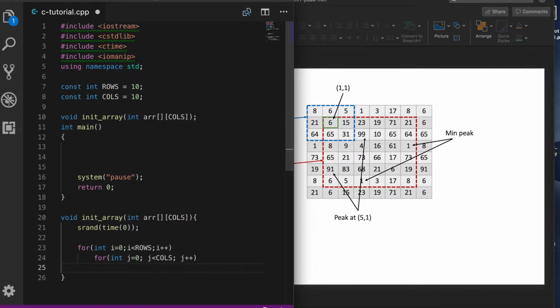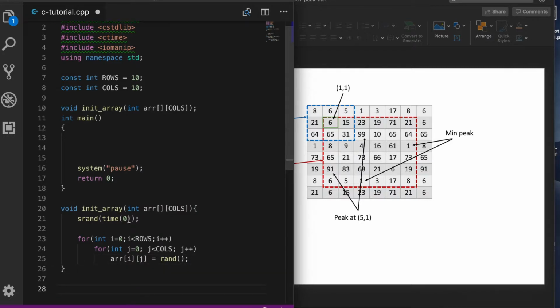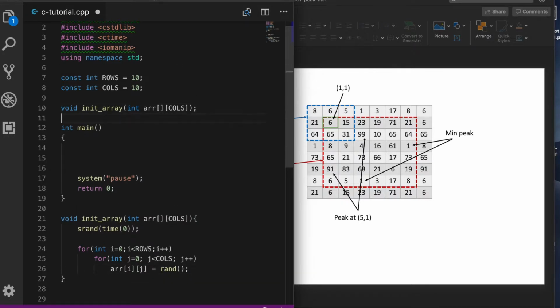And in here simply ARR[i][j] is equal to just random. So this just populates my array. Next up, I'm going to write another function which basically prints my array, and I'm going to say print array, and it's an integer array again